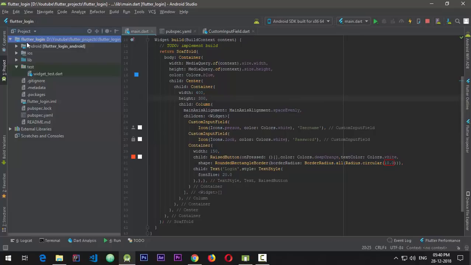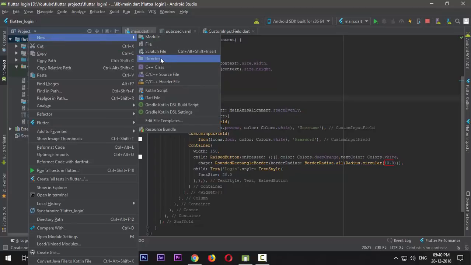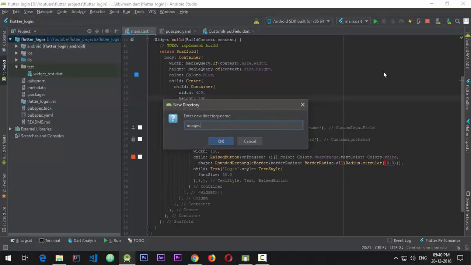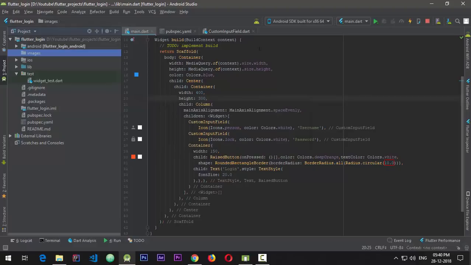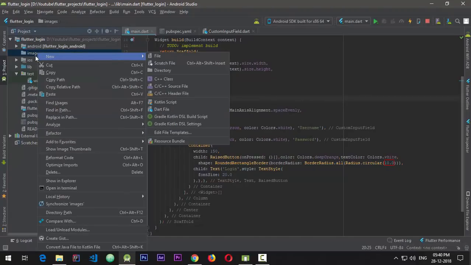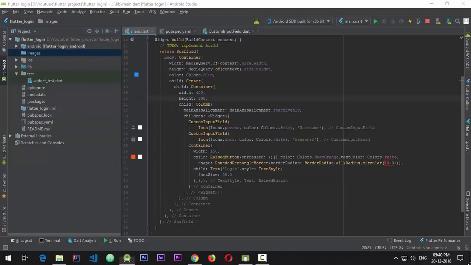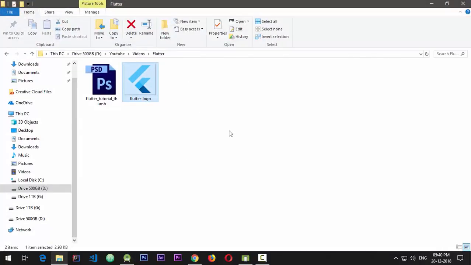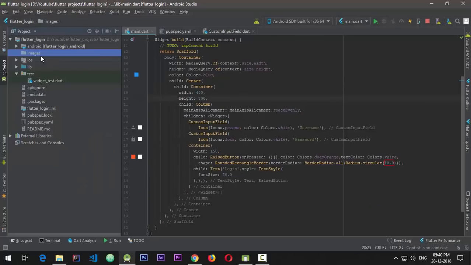Okay, so in the Flutter underscore login, that is the root directory of your project. I'll be creating a new directory. I'll call this images, that directory that you saw earlier. So I just wanted to explain it to you. In the images, I'll be using the Flutter logo. I'll just copy this, and in the images, I'll paste it with the Flutter dash logo name,